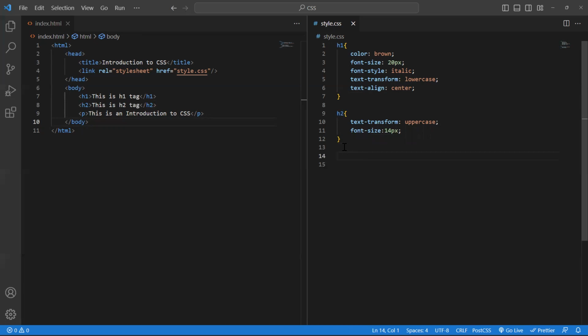Combinators are what we use to combine different elements to have the same properties. So let's say, for example, I want H1 and H2, or let me say I want H2 and